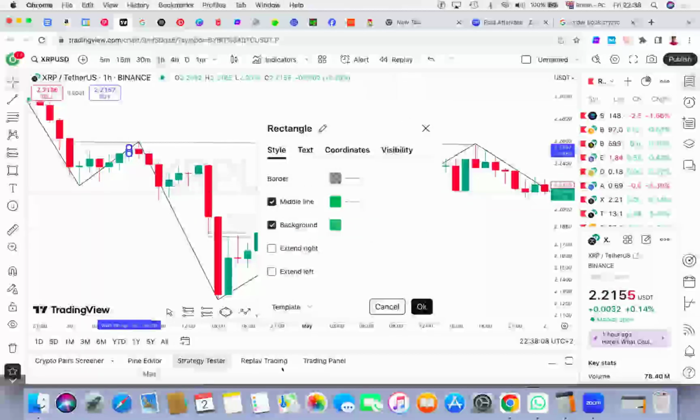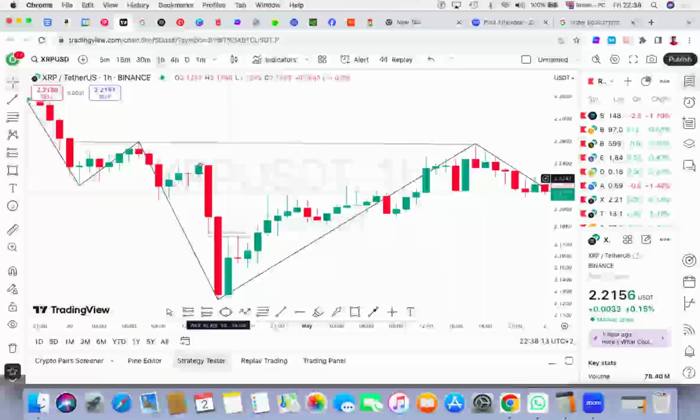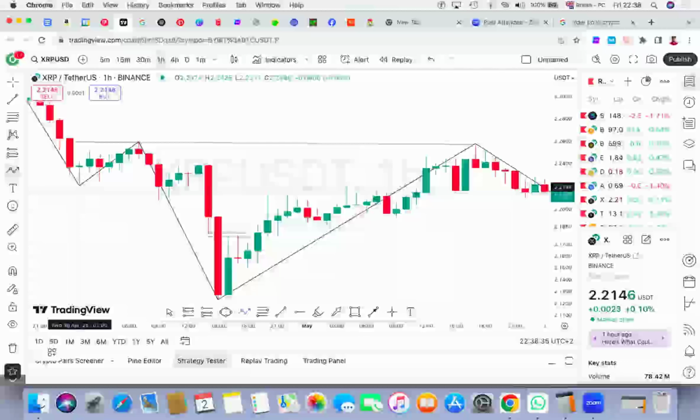If you check, the last buy candle is this one, before the market went really downward. So there will be a pullback. If you see from here, there was this pullback, and then the market pushed down a little bit, did another pullback again. So let me show you so that you can see. There is this pullback.